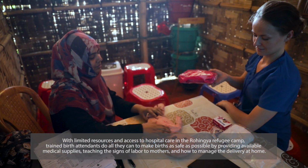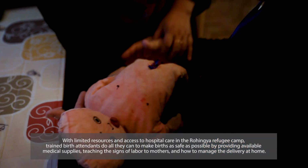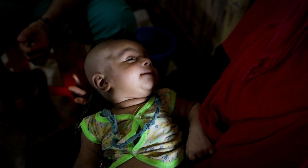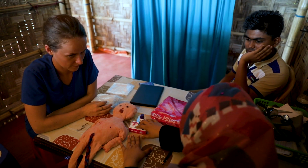For the past 2 days, I have been working with the trained midwife in the camp, and she walked me through how they're taught to give home births, because 90% of the births in camp are home births, and what counseling looks like afterwards. At 9 months of pregnancy, anyone who's pregnant comes to the camp and they receive a birthing kit, or they call it the birthing basket, and they receive counseling on how to have a successful home